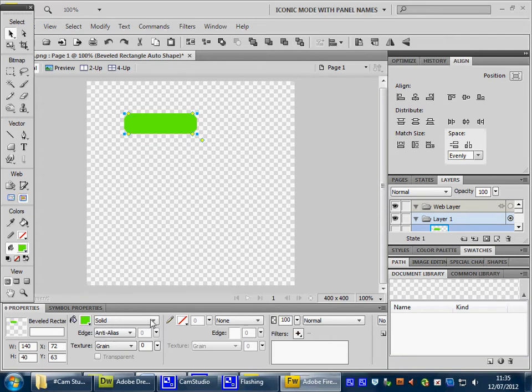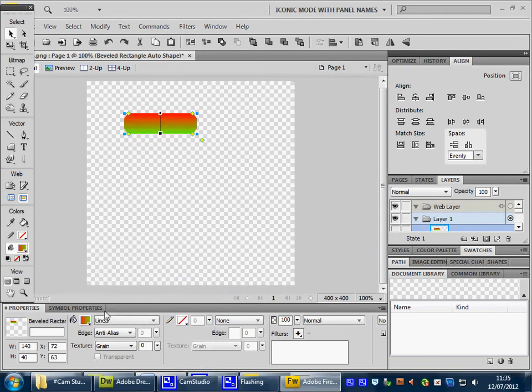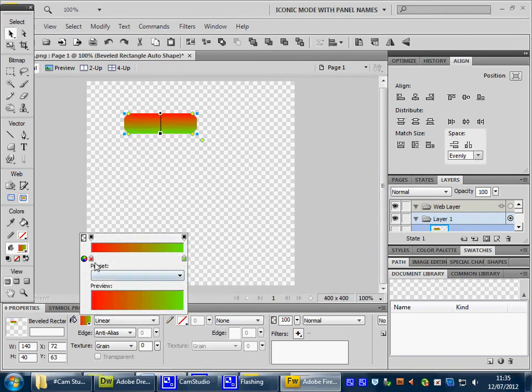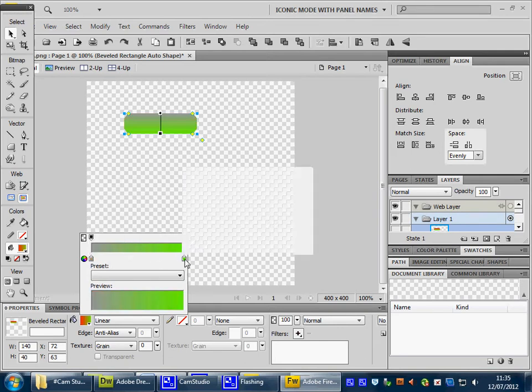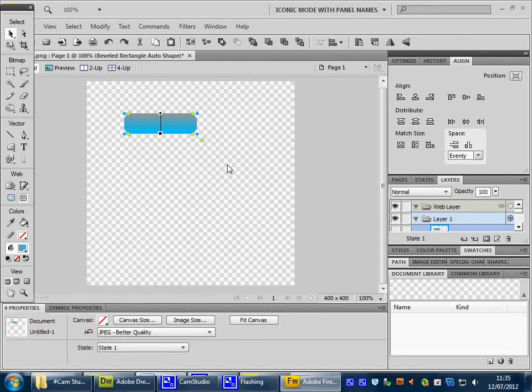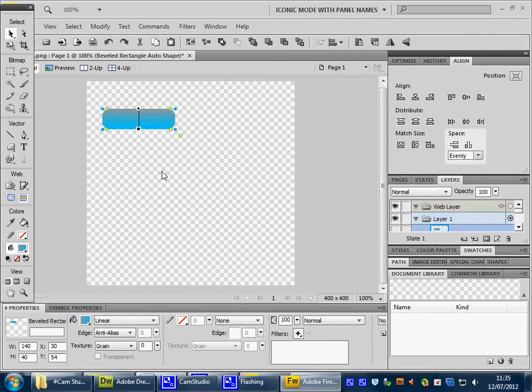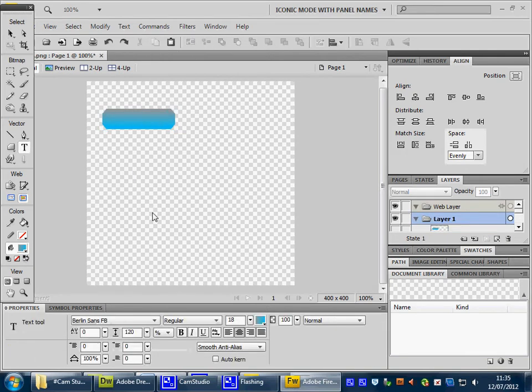So perhaps we could have a gradient on this, linear gradient. And let's change those gradient colors there. Let's make this a grey color, and let's make this perhaps a sort of a lightish blue, so we've got something that looks like that. Let's pick that up and move that to here, and on top of that I want it to say something